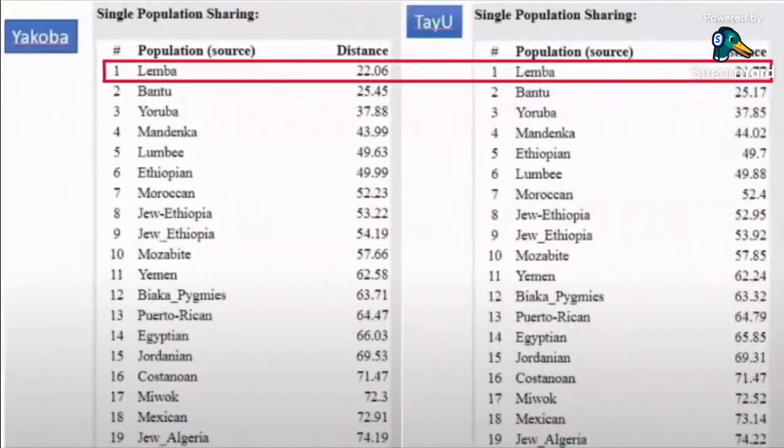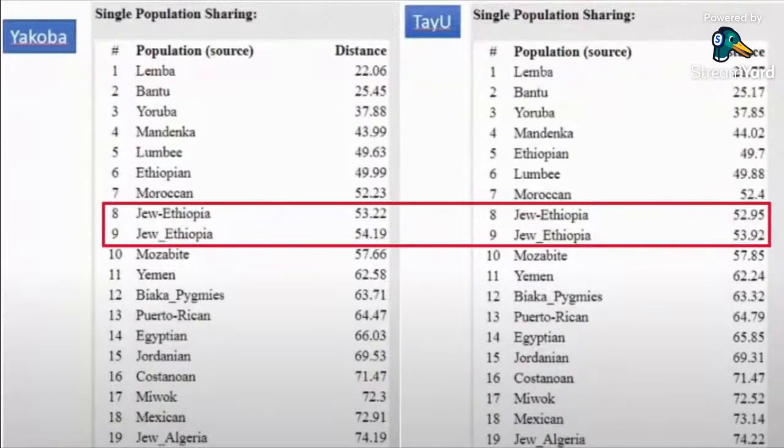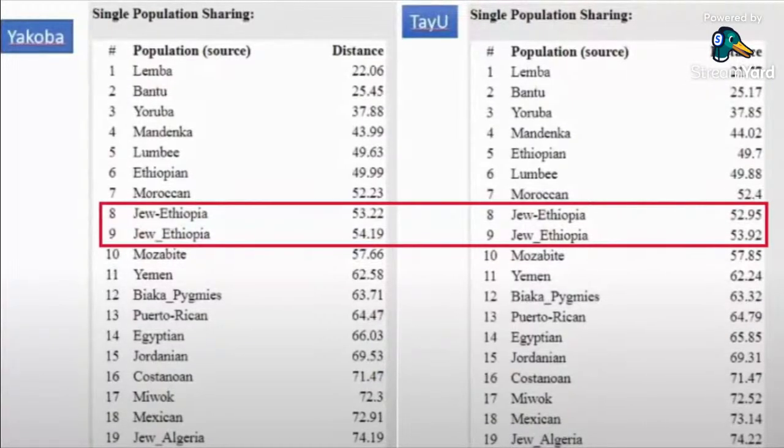And here are some Oracle results which the Teotw twins publicly shared. This is from when they appeared on Sista E's channel in September of 2019 in a show titled Let's Talk with Sista E, DNA Conversation with Teotw. Of course, I'll share links to all my sources in the video description. Note that Yakoba got a distance of slightly over 22 for Lemba, while his brother got a distance of slightly under 22. They're twin brothers, so it makes sense that they're so close. And for their Ethiopian Jewish hits, they both got a distance of around 53. I'm going with the lowest distance of what has been shown.